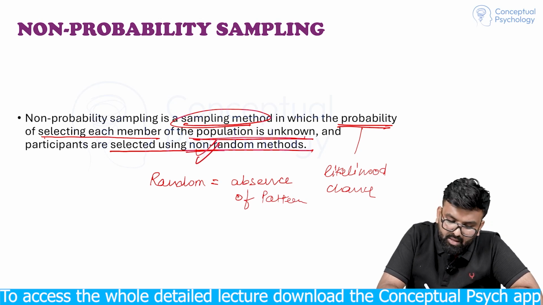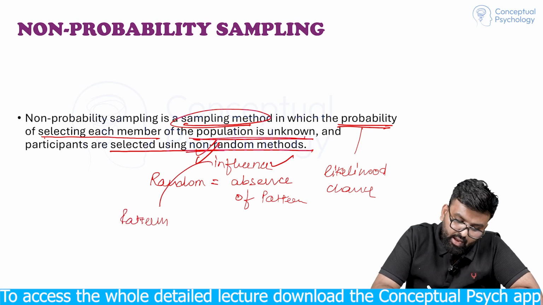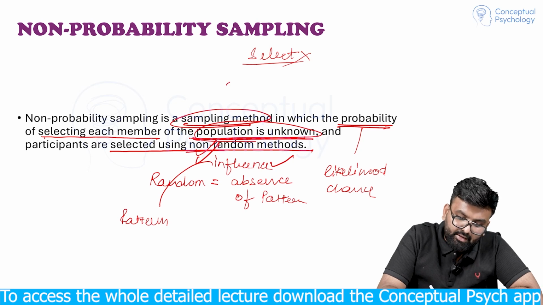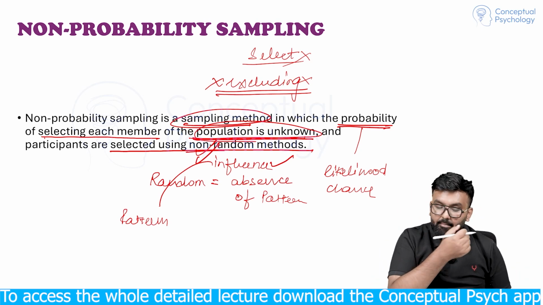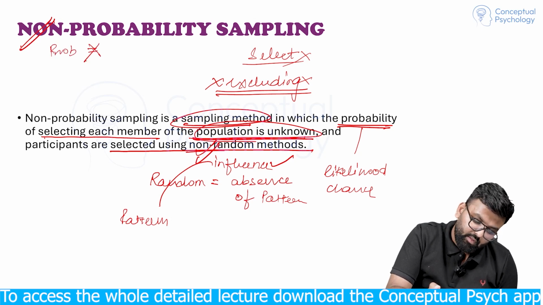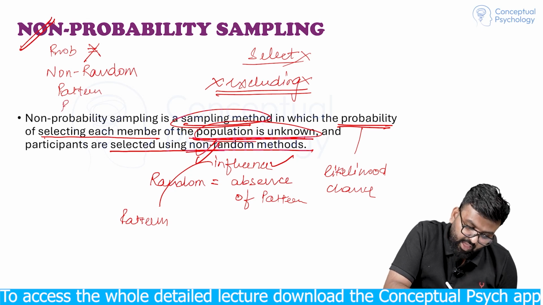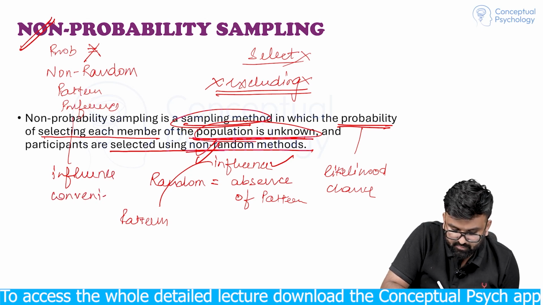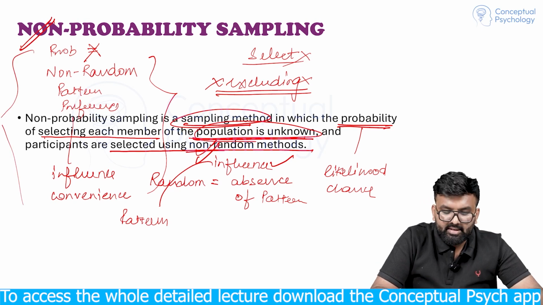Here there will be a pattern, there will be an influence, personal influence. And probability is unknown. हो सकता है किसी को हम select ही करने का chance ही ना मिले. We are systematically excluding some of the people who can be our potential sample. So these are non-probability sampling where probability is not known and there are non-random procedures. There can be a pattern, a preference, an influence, convenience. Now we will study the types of non-probability sampling further, but this is very opposite to probability sampling, जहाँ पर